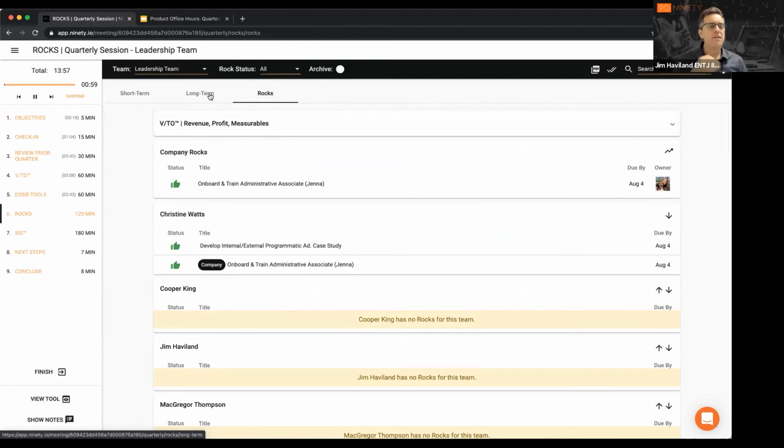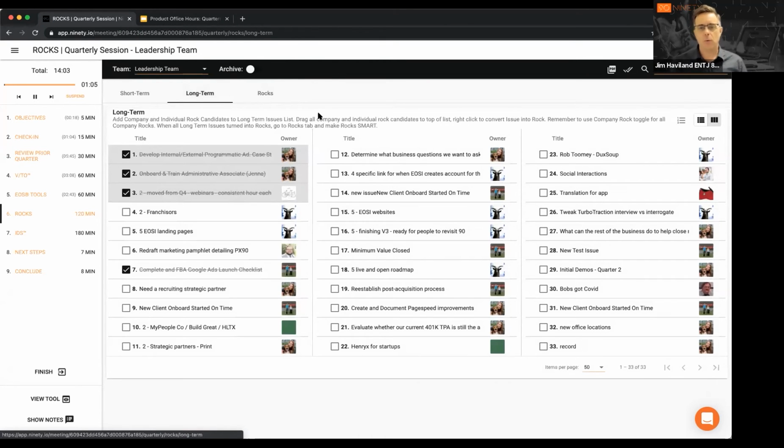Yeah, everything up before this part of the meeting is about teasing out all of the issues you have that could become rocks. So when you looked at your 1-year goals, what's the next thing that has to happen to achieve that part of the 1-year goal? And you've already kind of made it a rock candidate, hopefully, at that point.